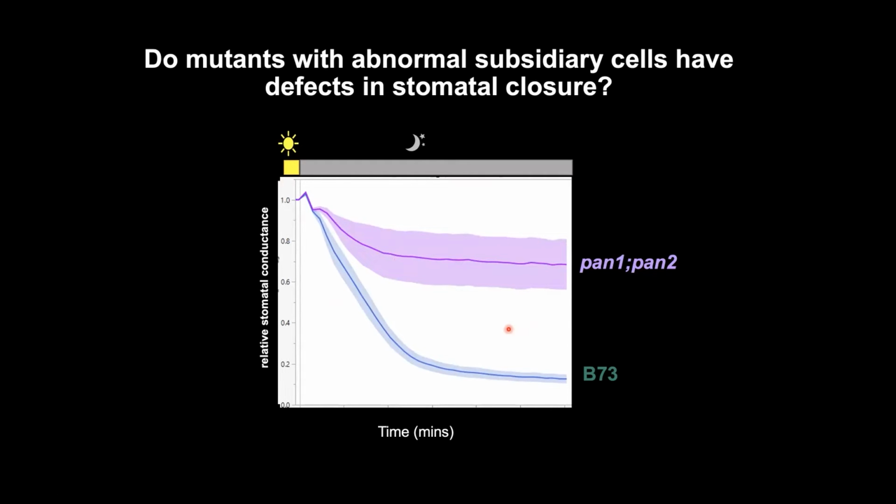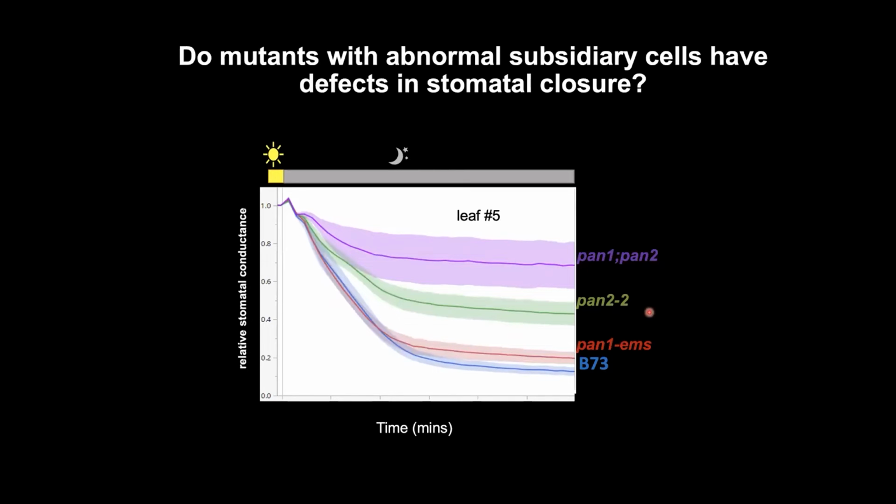And then I applied it to the PAN2 and the PAN1 single mutants. As expected, the PAN2 single mutant has a lower defect than the double mutant. However, PAN1 shows similar stomata conductance dynamics as B73. But we know that the abnormal subsidiary cells in PAN1 do contribute to the stomata function defect, because we see clearly that the double mutant has a more severe phenotype than PAN2. However, it doesn't make sense to us that, as I mentioned before, PAN2 and PAN1 have similar abnormal subsidiary cell percentages, but they have different